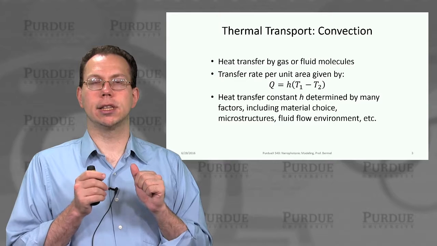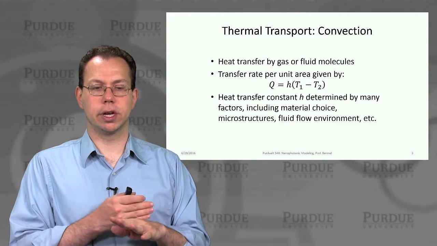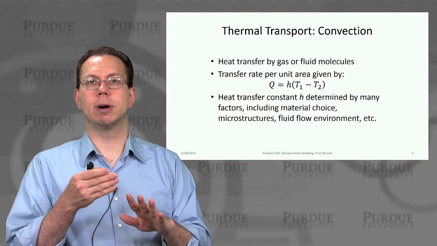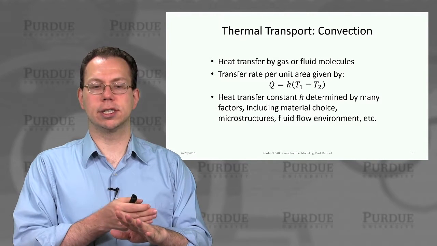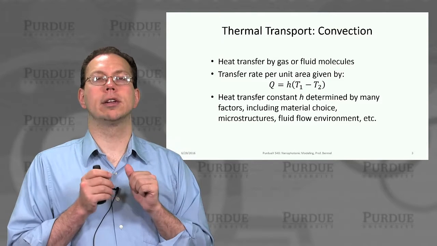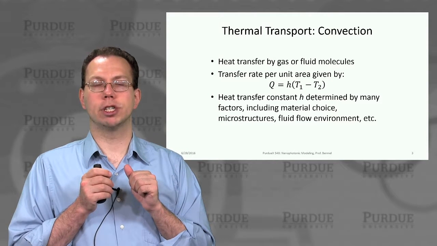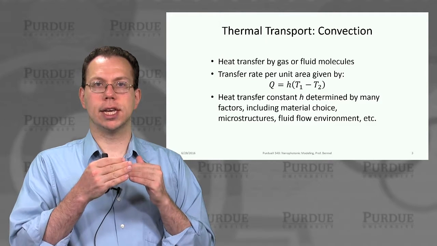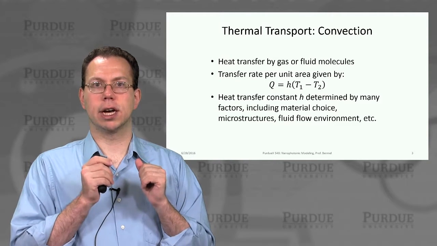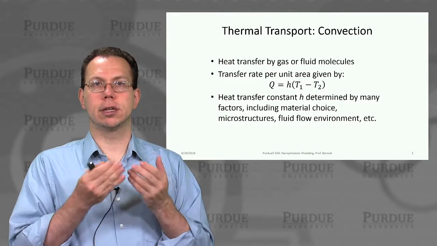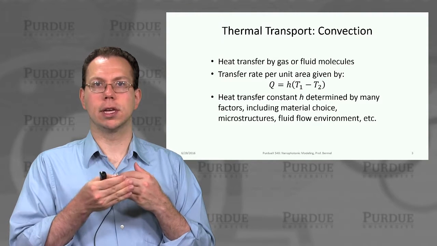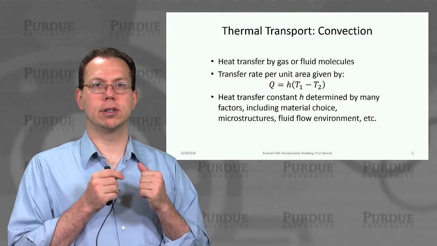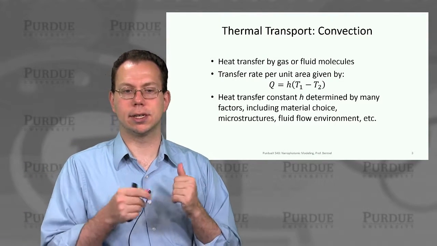So that h is dependent on wind velocity v, but it's also dependent on the gas itself. If you're outside in air, there could be different gases that have lower convection coefficients. It also depends on the geometry of the fluid flow, which is why I said the fluid flow environment. And if it's happening on a small scale, there may be micro and nanostructures that are impacting it as well. And then the difference in temperature is also very important. Whatever that delta T is will determine the rate of heat transfer. If the temperatures are very close, like if it's 70 degrees outside, it won't necessarily feel so cold, because the delta T is very small.